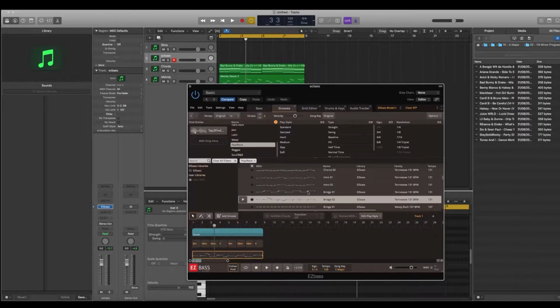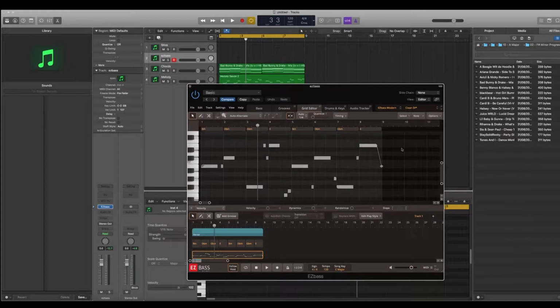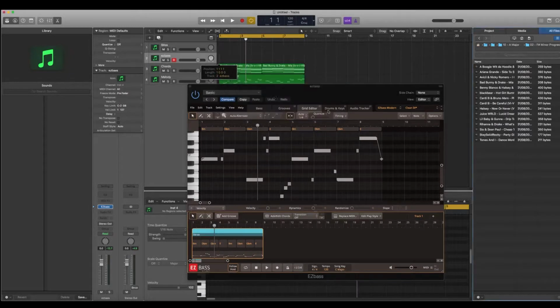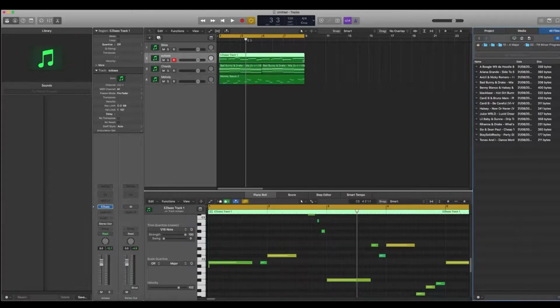And if you wish, you can literally go into the grid editor and you can edit it within here the same as you would any other type of MIDI. So you can use this as it is, or you can use it and modify it to your heart's content. Now, if you're happy with it, what I tend to do is I tend to then drag that up into in there, just hit no, and then when we play the track,